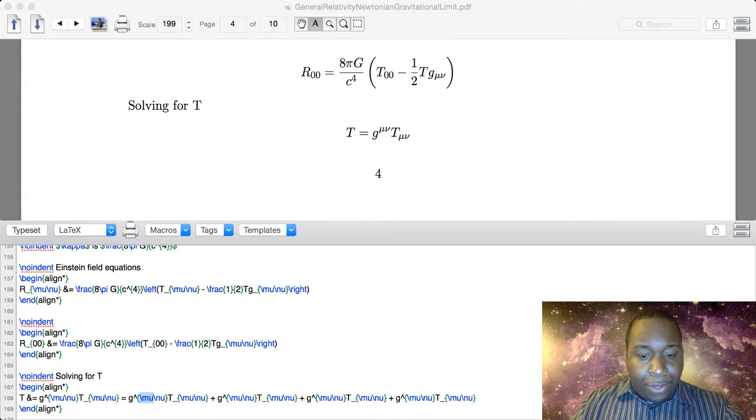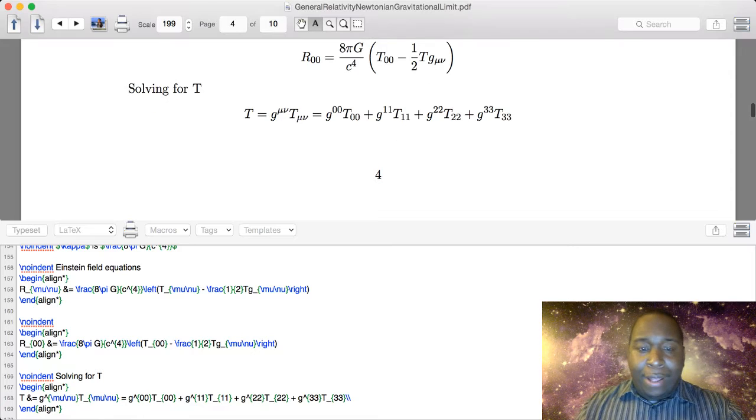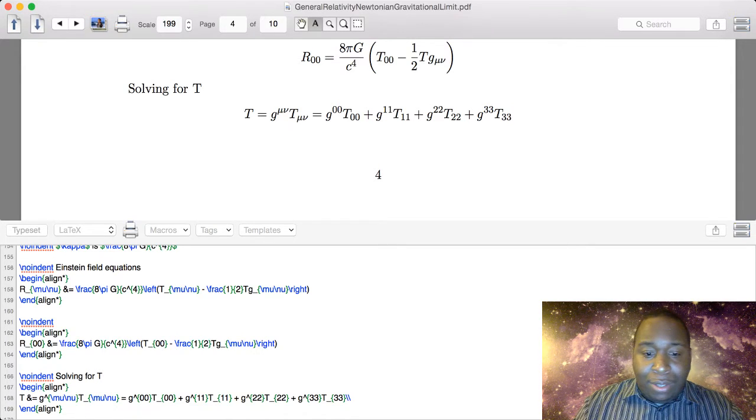The first one is the 0,0 component, the next is the 1,1 component, then 2,2, then 3,3. This is exactly how it would expand. But the stress energy tensor, as I've said before, only has one component, the 0,0 component. Everything else is 0. So it simply reduces to